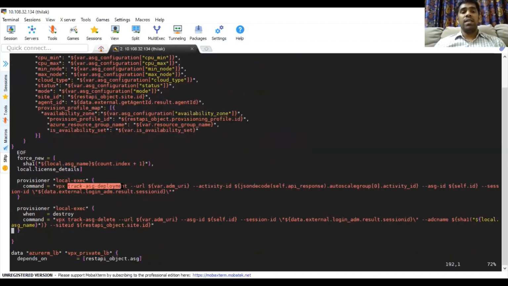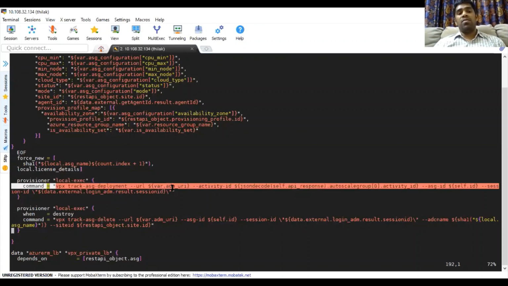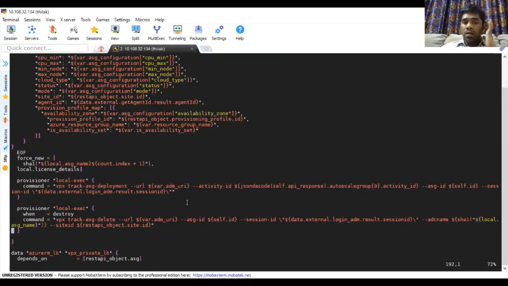As you can see, that is actually again implemented in Python. We are calling that inside our external resource, external call. On the Terraform external call, we call this provisioner as local exec, and we call the Python track ASG deployment library, and we pass the required variables for that Python using a Terraform variable, right? So once this job succeeds, we return the ASG deployment status as success or failure respectively.